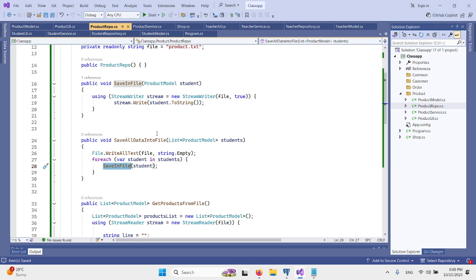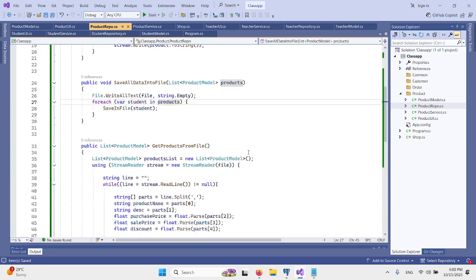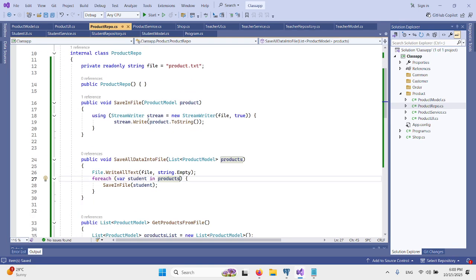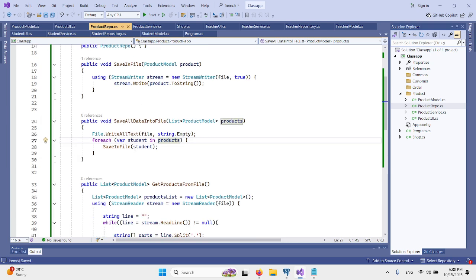Okay. So we are done with this repo class. Now let's move to the service. Now this repo, what it actually does, it saves one student or one product object. I'm sorry for that. Actually, you guys are not focused. Actually, it's a product, it's not a student. Same problem here. Every time I'm writing code for students, so that's why I'm quite into the student things. Well, no problem. Sorry for the mistake, but you cannot deduct my marks. Okay. Well, we are done with that.